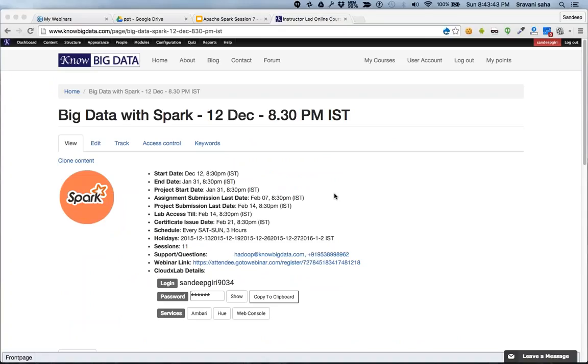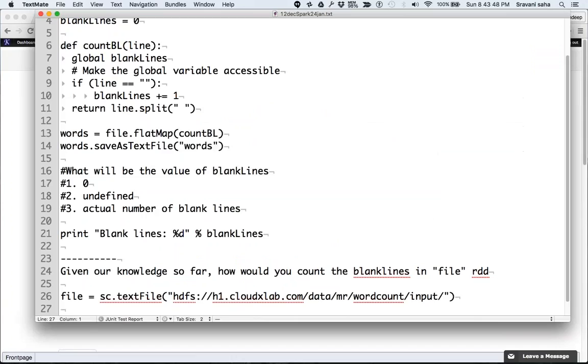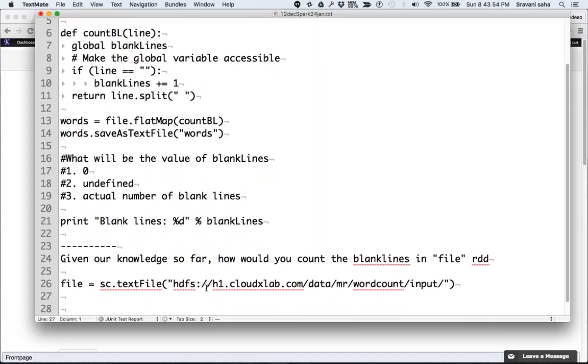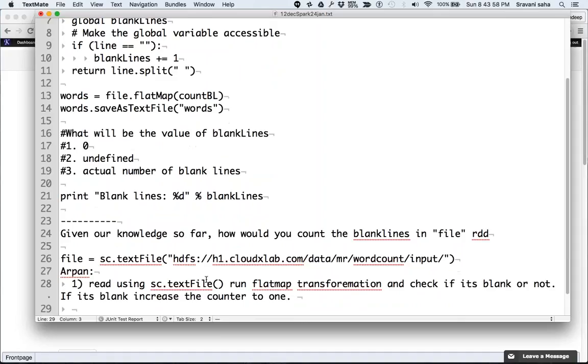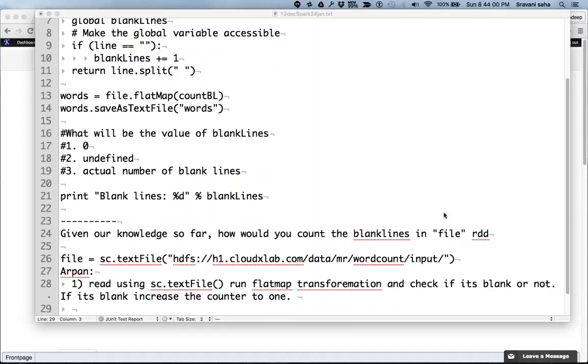Okay. So let me just go through Arpan's attempt. I'm posting Arpan's attempt this side so that we can all see. And then I'll post everybody else. So Arpan's attempt is first read the file using sc.txt, brilliant, and